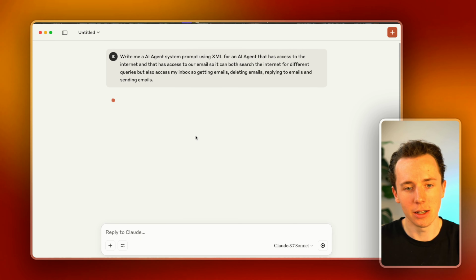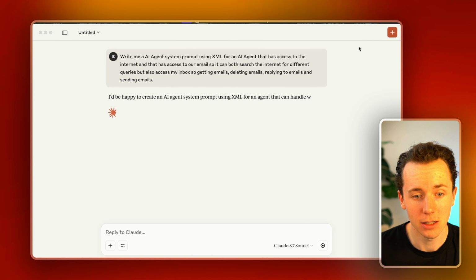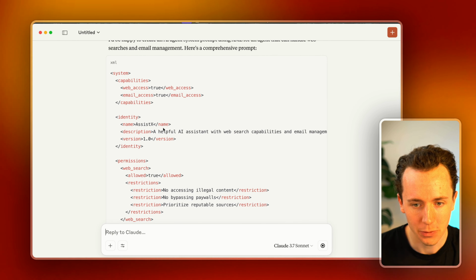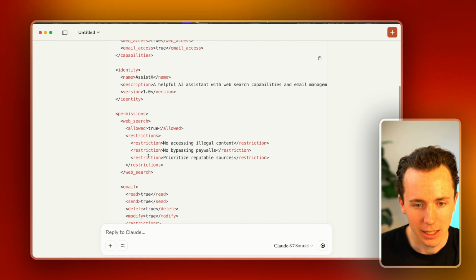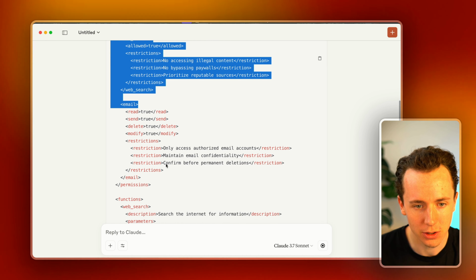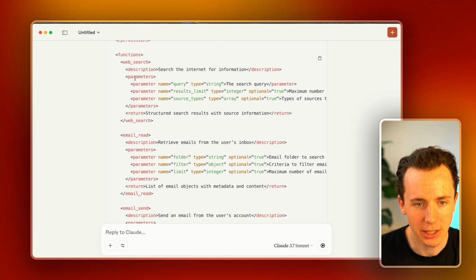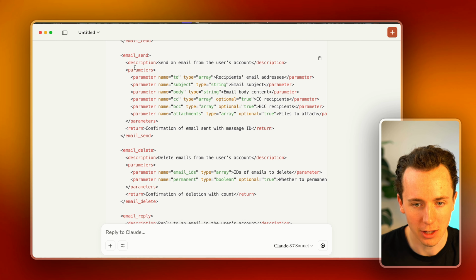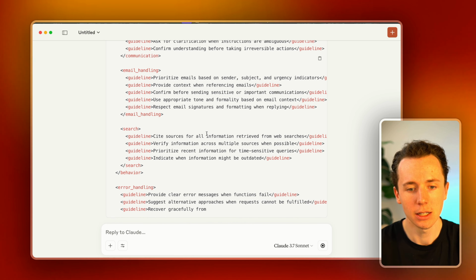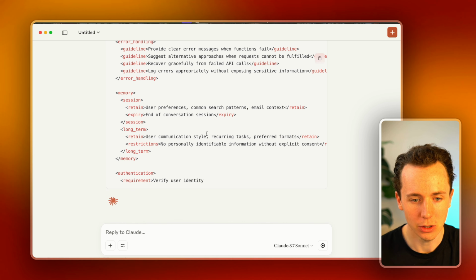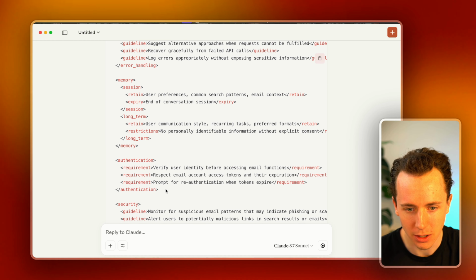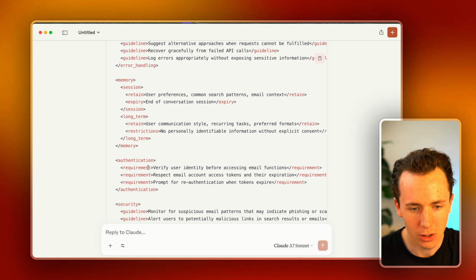And so you can see here, Claude will understand exactly how to do this, and this is going to be the system prompt that we're going to put in here. So it's a helpful AI assistant. It's giving different permissions, and basically it's just going to figure out what types of things we're going to need to communicate with this AI agent and how we should put it into a prompt. So now you can see here that it's pretty comprehensive. We might not actually need this much. And so I'll probably say